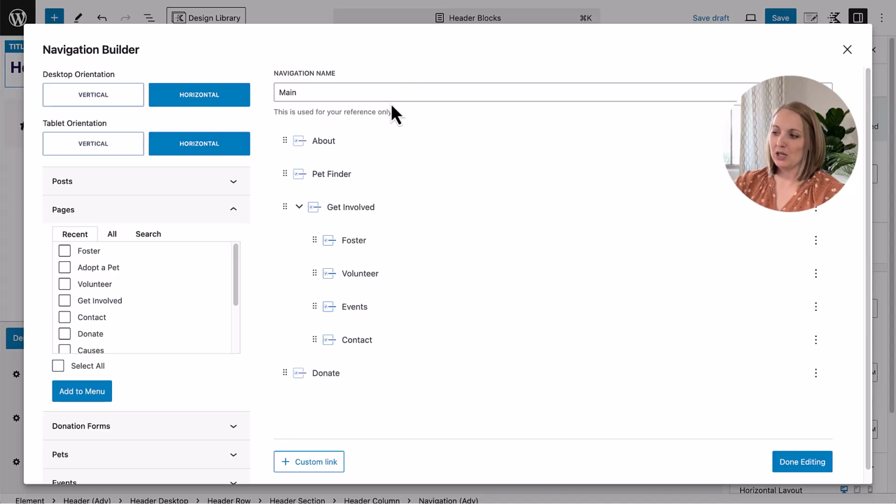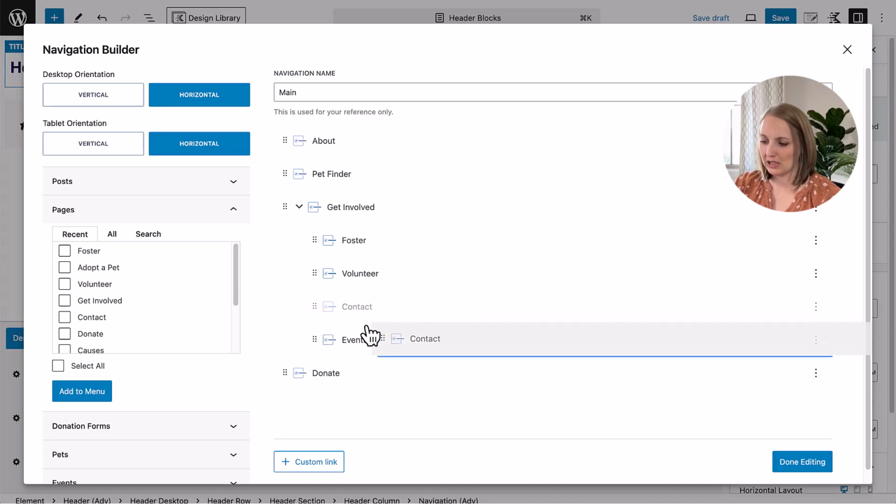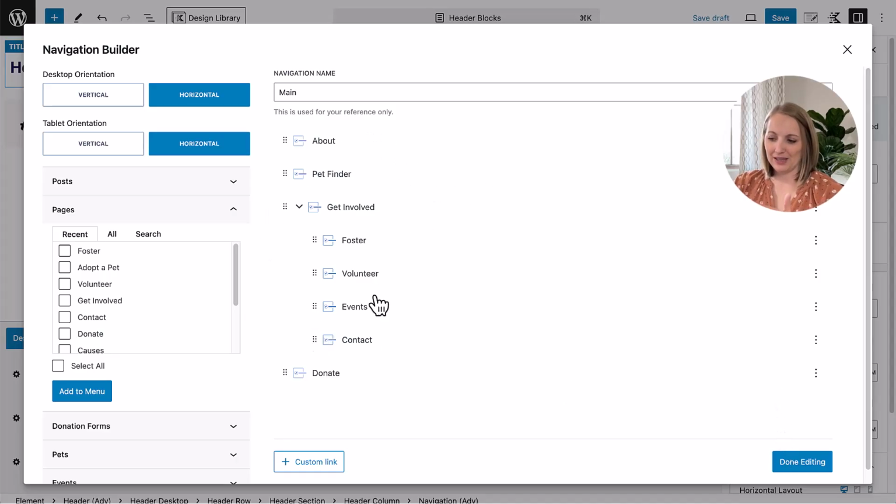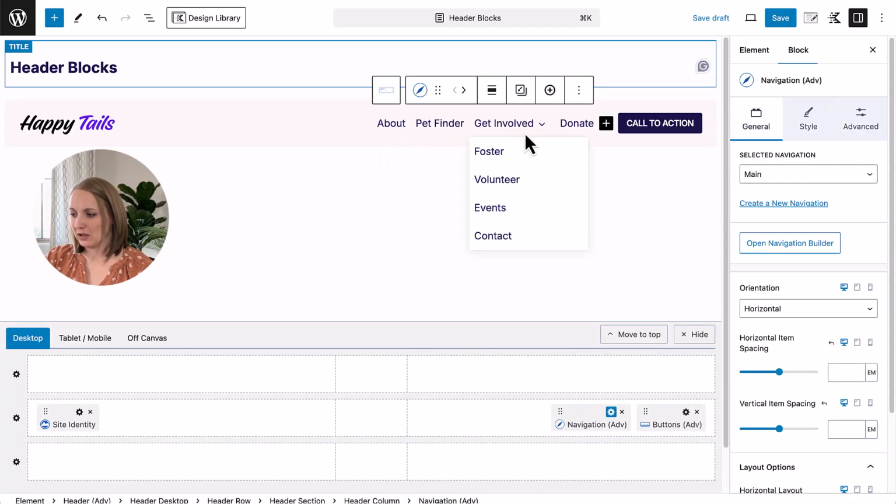So now you have a more intuitive layout as well in this view, and you can drag things around. So let's say I wanted my contact to be above events. It's just as easy as the previous way I just showed you, so that you can easily move things around. I'm happy with the way this was previously set up because we already customized it in the last video. So I'm going to click on Done Editing,